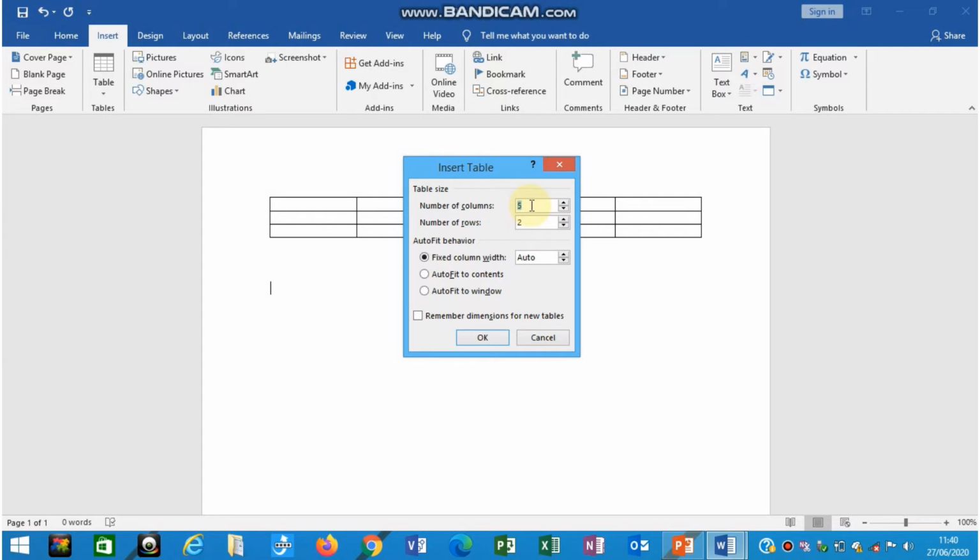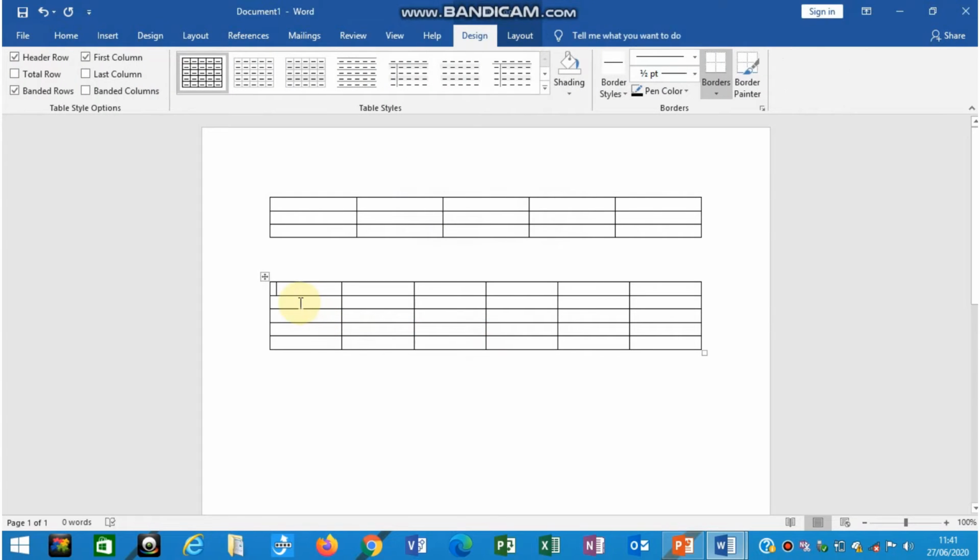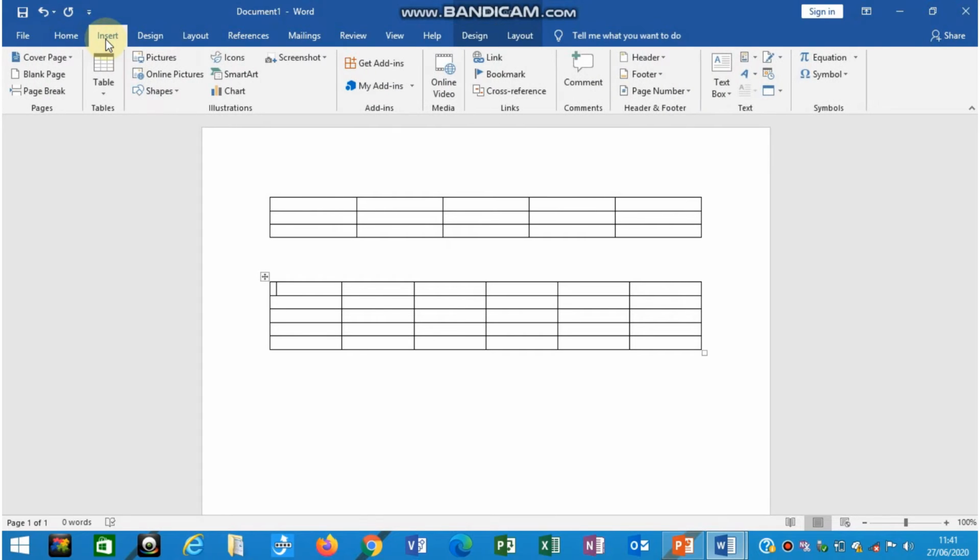Suppose I want 6 columns and 5 rows. Then after adding the number of columns and rows, click on the OK option, and here you can see a table with 6 columns and 5 rows is created. Okay, understood?